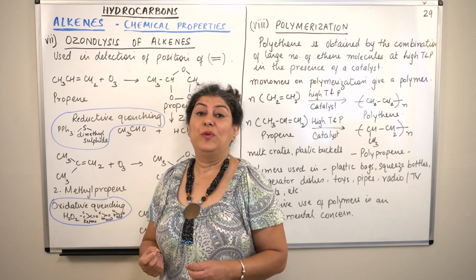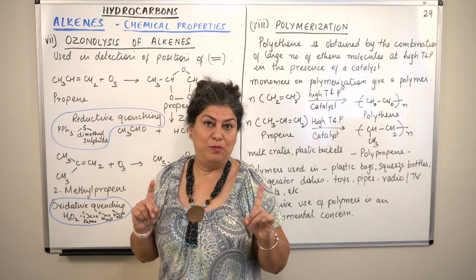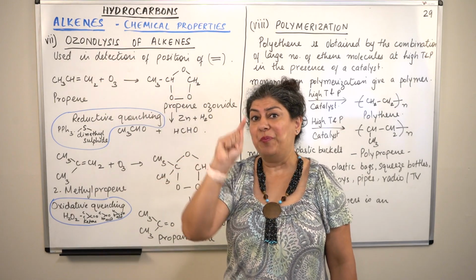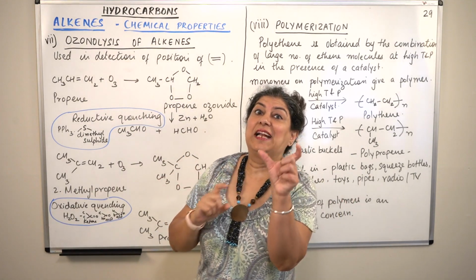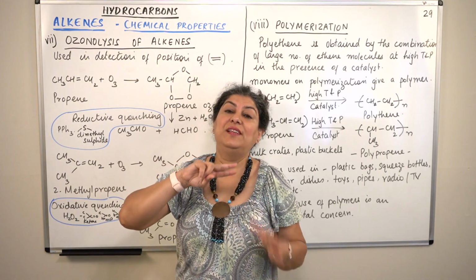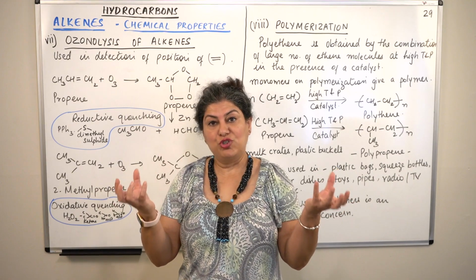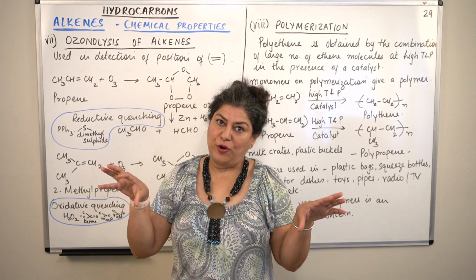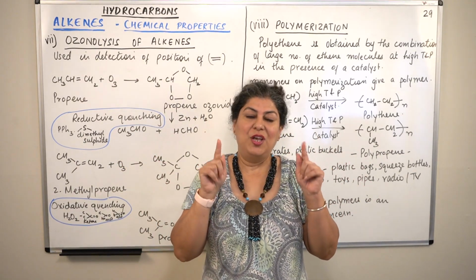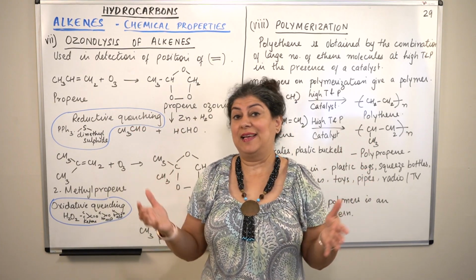Alkenes are those hydrocarbons in which between two carbon atoms there is a double bond, at least one double bond. That makes it an alkene. So, it means that ozone will come and break the alkene at that point, which is making it an alkene. It will break the molecule wherever the double bond exists. When it breaks down, the molecule forms smaller molecules, and it will give you two products. Both the products will depend on what is attached to the two carbons which were connected by a double bond. So, whatever is attached to that will decide the product.